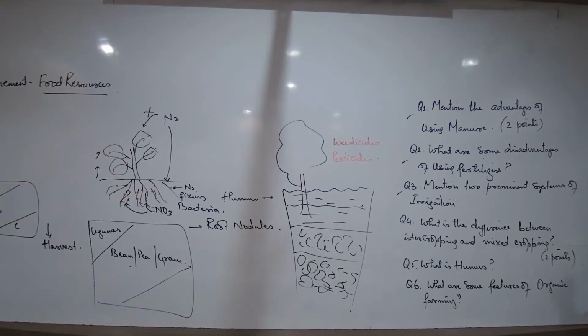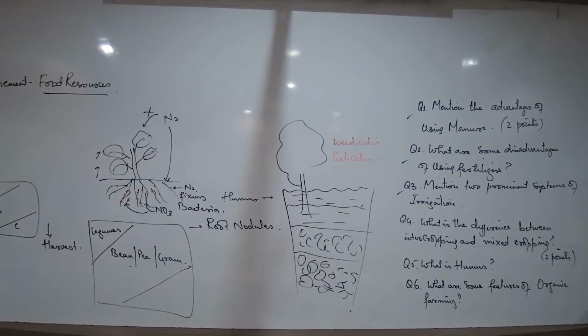Weeds take up nutrients and reduce the growth of the main plant. Even with the small plants on your windowsill, did you ever observe? Suppose I talk about growing money plants. Did you ever observe in that same pot some long, tall, grass-like plants coming up? In the tulsi plants also, near the roots, they are very small, very short, but you will observe that small plants are coming up. So should we allow them to grow? No, immediately just uproot them or just mix them.